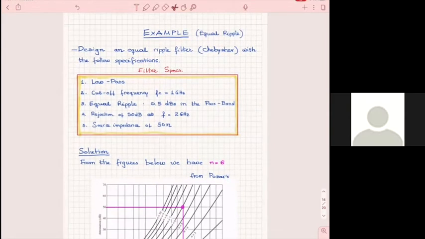Okay, now we are gonna do a similar example, and we are gonna do an equal ripple or Chebyshev. Who can tell me what is the difference between a maximally flat and a Chebyshev? The pass band is more flat with the maximally flat version. And the Chebyshev has ripple. Yes, yes, yes. The equal ripple has a ripple, obviously, and the Chebyshev has a steeper drop off